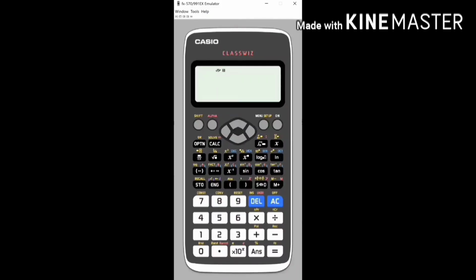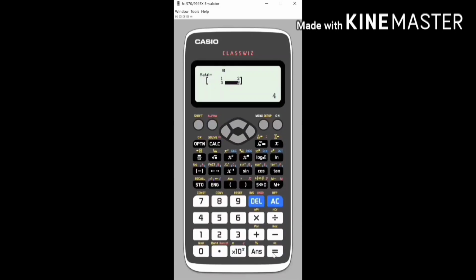First of all, you will have to go into the matrix mode. So press menu and 4. You are in your matrix mode. You have to define your matrix first. So number 1, we are defining matrix A first. Press 1. How many rows does it have? 2. Number of columns? 2. Now all the elements you have to write here, starting from 1 equals, 2 equals, 3 equals, 4. Now press equals.